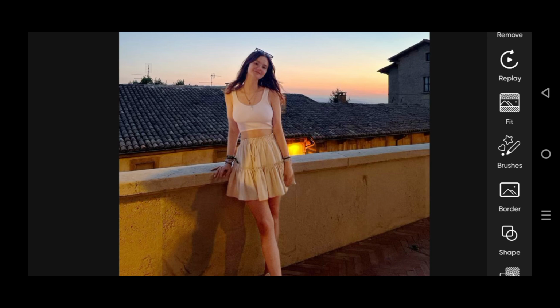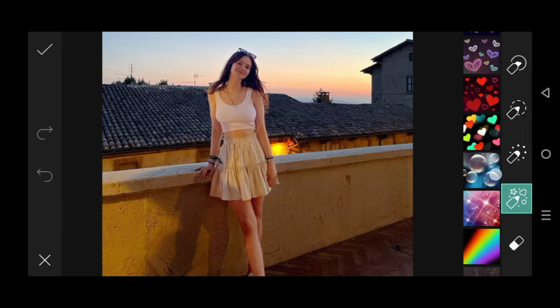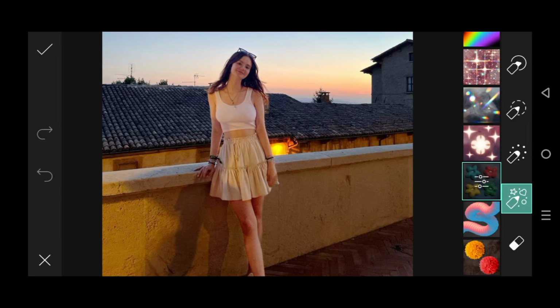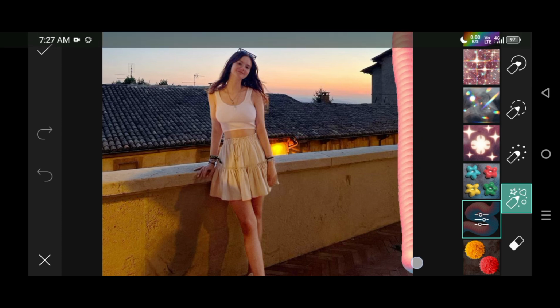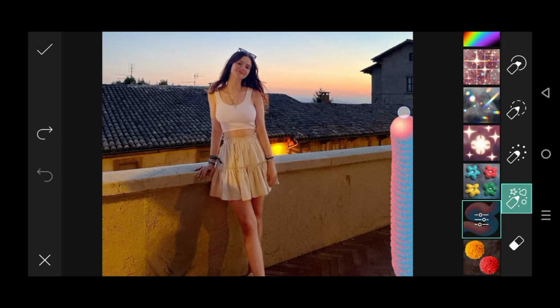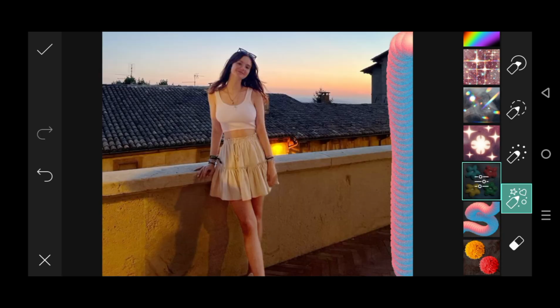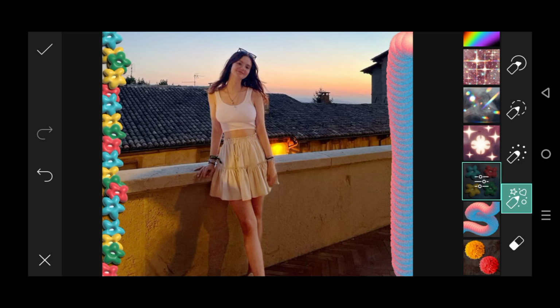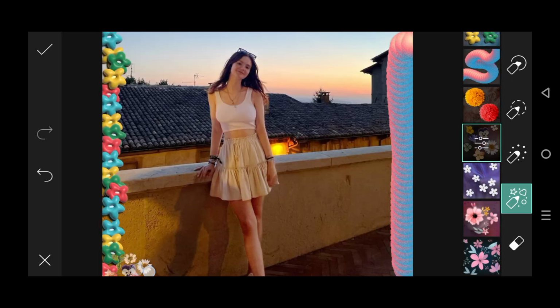I would go to the beautiful brushes options, which could be put on our photo to make it so beautiful and awesome. Like here, I have to apply that option on it, and then I could also apply that option on the image. So dear guys, after the application of it, I am going to apply that thing on it.